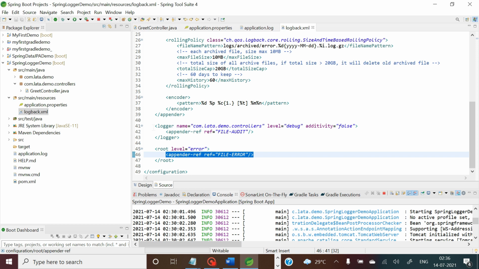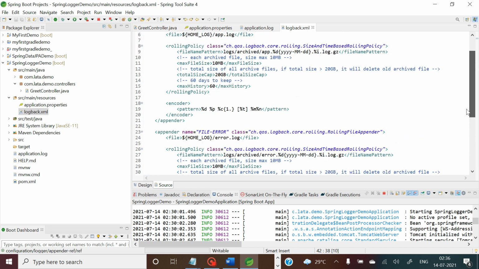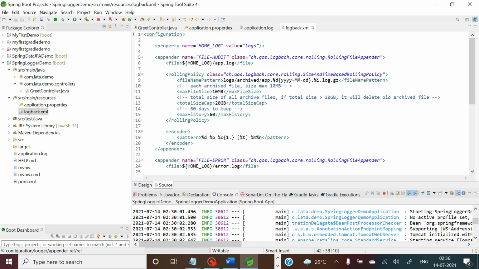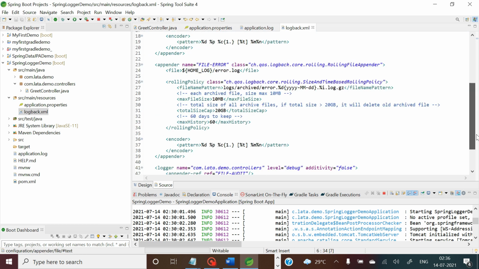Now after doing this, I have to specify the package for which I want two different log files to be created. So here in logger I am going to specify the package. My package name is com.lata.demo.controller. So all the successful logs from this controller will be maintained in the referenced file audit appender, and app.log is the file where logs will be maintained.